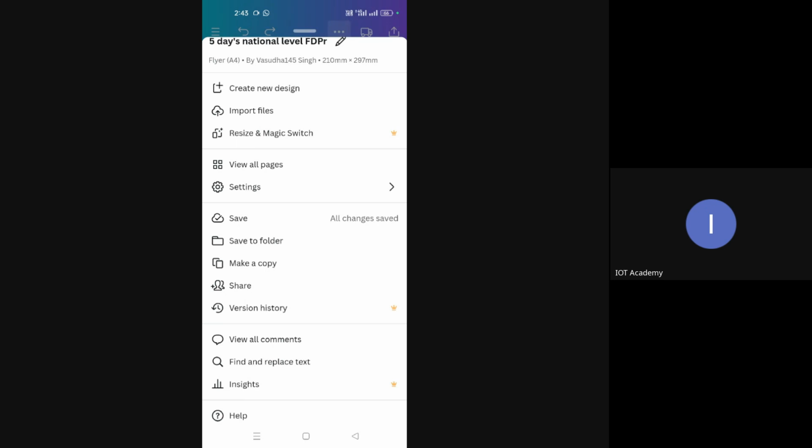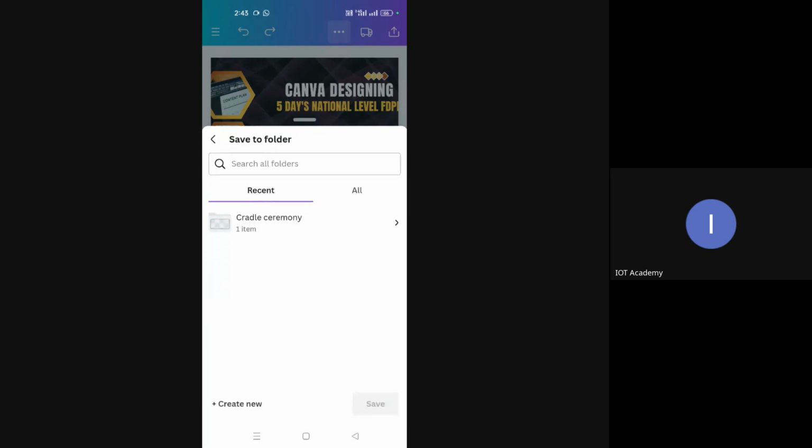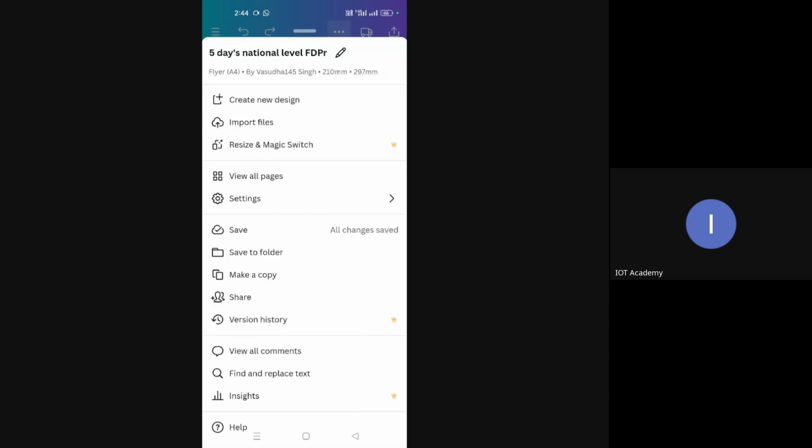Okay. Then we have save to folder. Suppose you wanted to save it to a folder, you can save it by choosing the folders in this particular application. It is not outside the application. Like suppose you wanted to retain the original copy with you and just send a copy of it to another person for some more additions to it. So you can also make a copy.